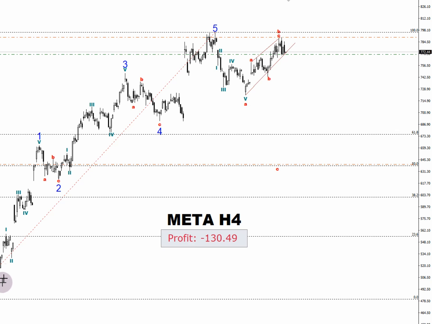I've demonstrated to you that the first, second, third, fourth, and fifth waves are currently developing in this area. Then after the fifth wave, according to the book, we have 1, 2, 3, 4, and 5, which collectively represent wave A. Then comes A, followed by B and C. This sequence represents wave B with 3 distinct waves.